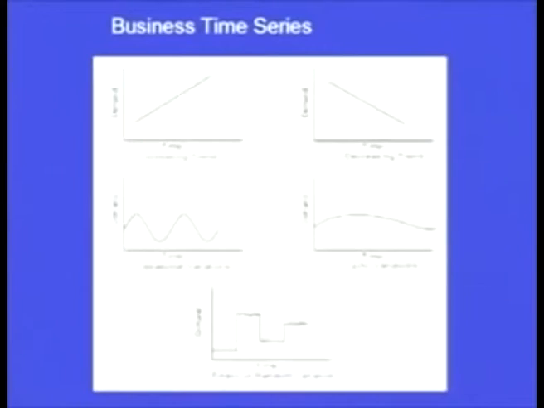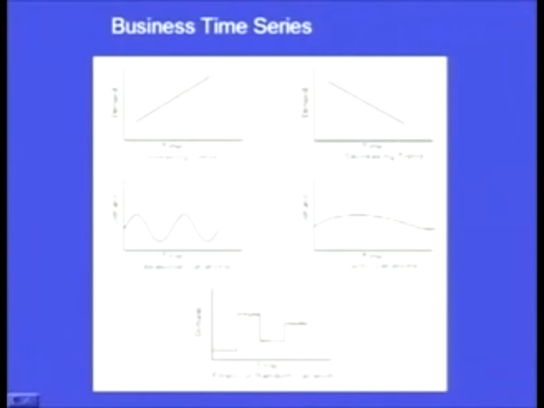So, business time cycles, you can see on your screen that on the y axis it is the demand and on the x axis it is the time. In this kind of a trend we can see it is a straight line, an increasing trend. Similarly, the demand can also decrease. So, this is a decreasing trend, that with time the demand for a particular item is decreasing.